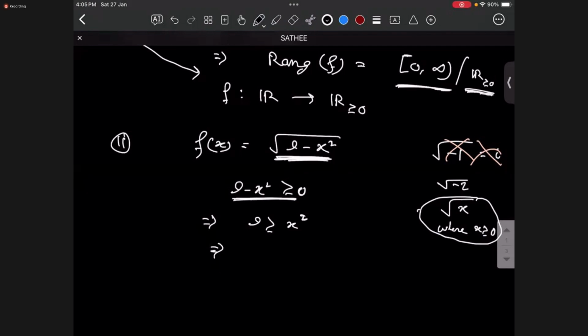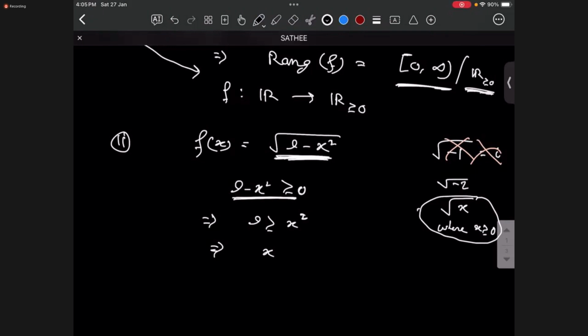This implies x should be either less than or equal to 3 or greater than or equal to -3. Okay, am I right? In both cases, if x is greater than or equal to -3, then x square would be less than or equal to